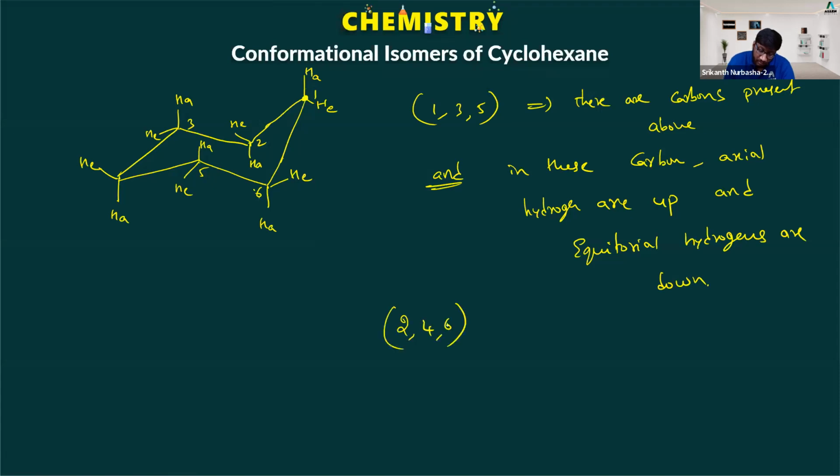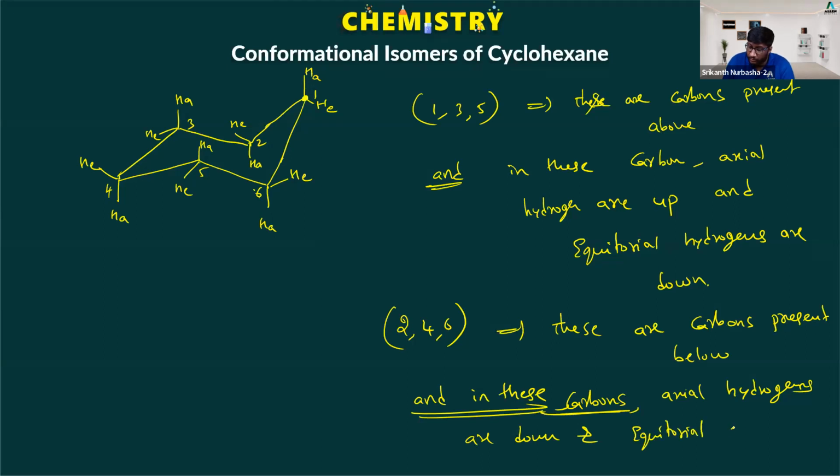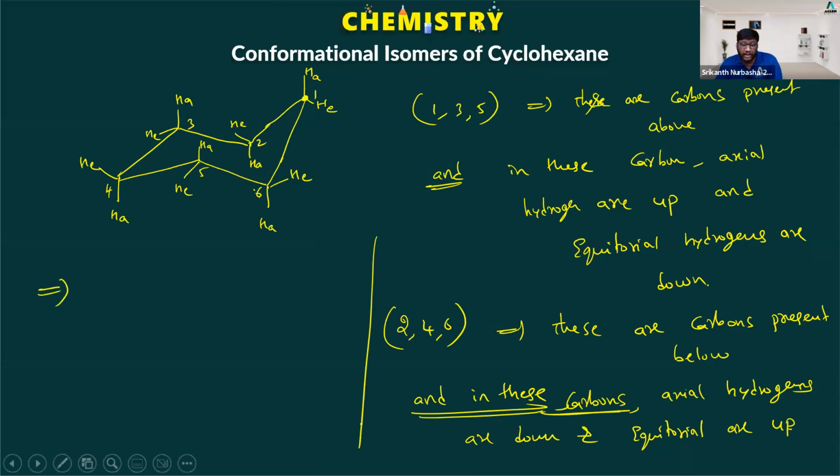2, 4, 6. These carbons are present below, and in these carbons, axial hydrogens are down and equatorial are up. Right? You have to understand, if we have placed the positions on the first and third, okay,